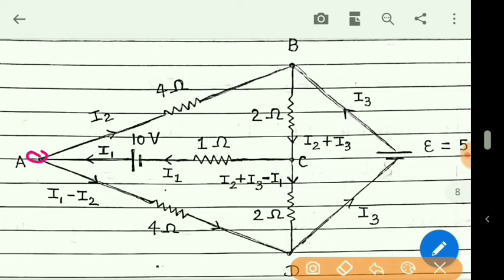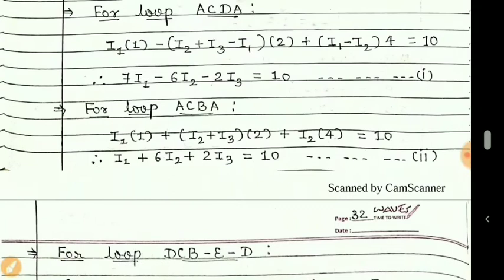Now I will move anti-clockwise. Like this I am going to move. So when I move from point A, the battery is there and its positive terminal is coming in the path. So on the right hand side I'll write plus 10 for the battery. You can see here I have written on the right hand side plus 10 because the positive terminal is coming. And now on the left of the equal to sign, there will be terms related to I into R.